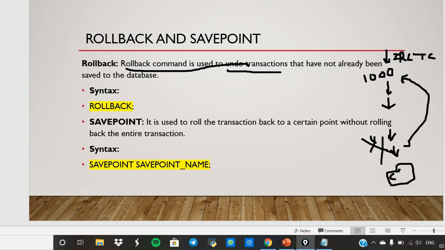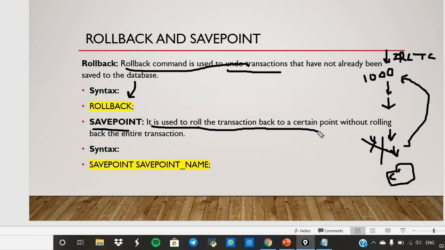Next is save point. The command used is rollback alone. Save point is used to roll the transaction back to a certain point, so it won't roll back the entire transaction.